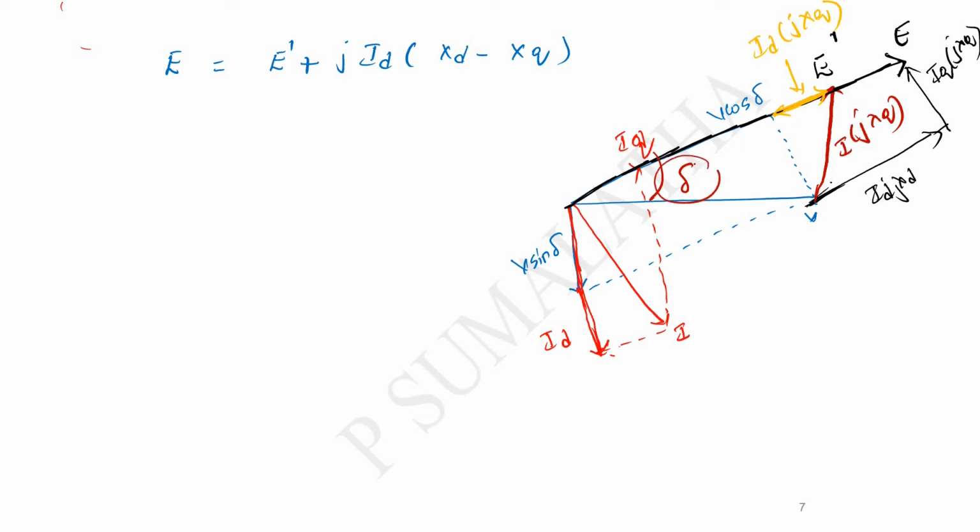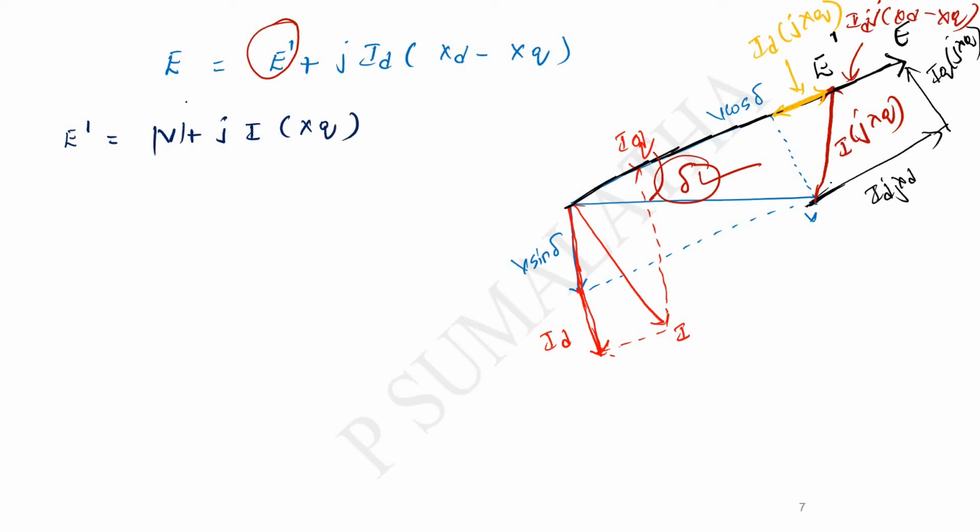How can you get the angle del? Whatever angle we are getting for the terminal voltage of the generator will also be equal to the load angle del. Okay, now you can see the equation we got: E is equal to E dash plus this portion, the value is ID into (XD minus XQ) J. Now let us solve for E dash. What is the value of E dash? E dash is equal to V cos del, so that is voltage V plus I into JXQ will give E dash. So E dash value is equal to V plus JI into XQ value.